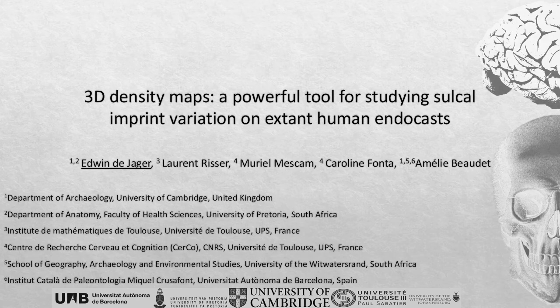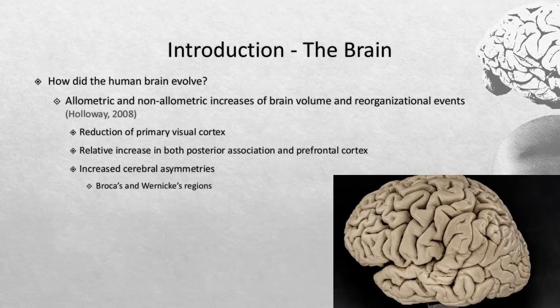3D density maps is a powerful tool for studying sulcal imprint variation on extant human endocasts. The question I'm sure we would all like to answer is, how did the human brain evolve? According to Ralph Holloway, the evolution of the human brain has been an intermingled composite of allometric and non-allometric increases